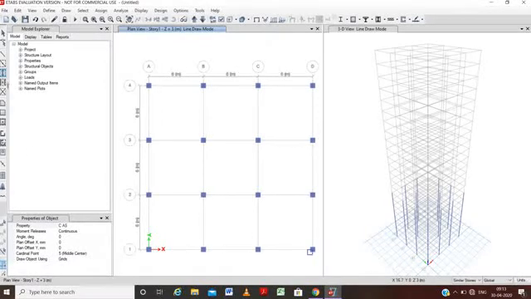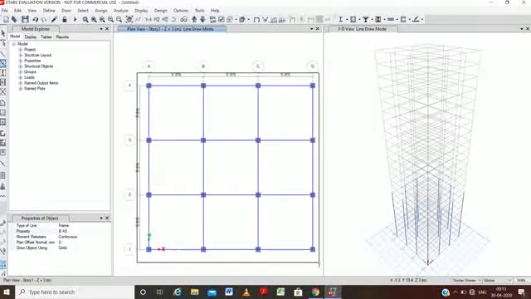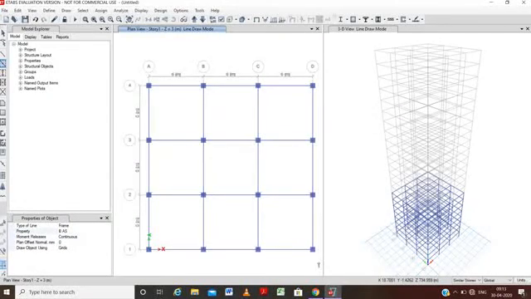Now we will make the beam, so we can take the option from here, quick draw beams and columns. We will take this, just change the property here to beam auto select, as we have given the 3 dimensions in the auto select, and just select it, and we can watch our progress in that cell.